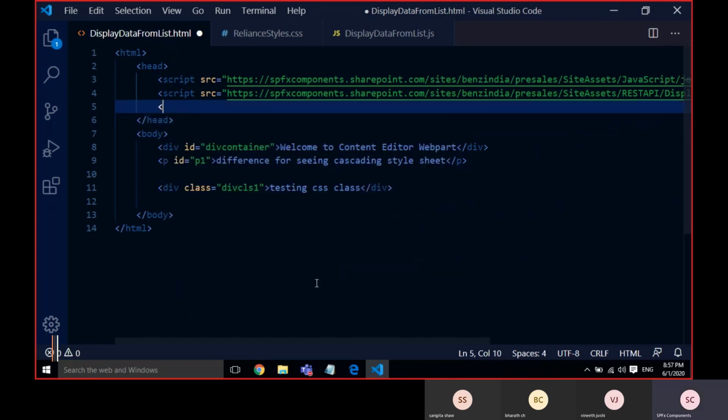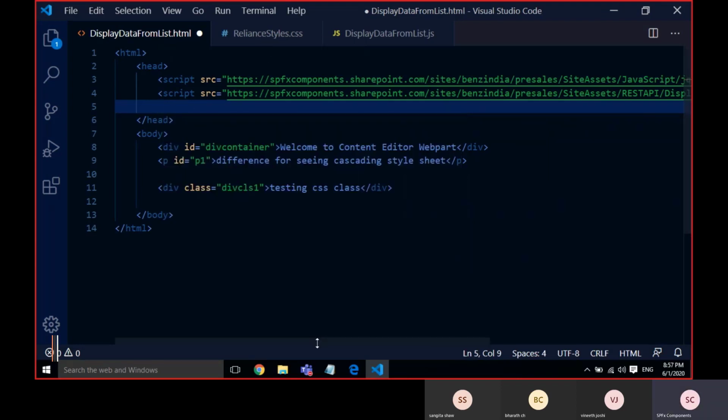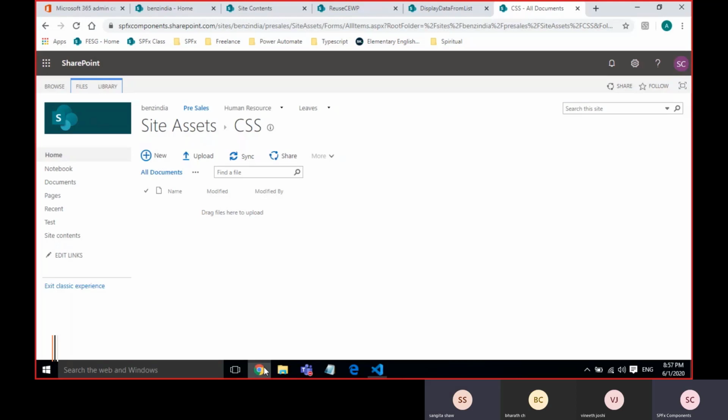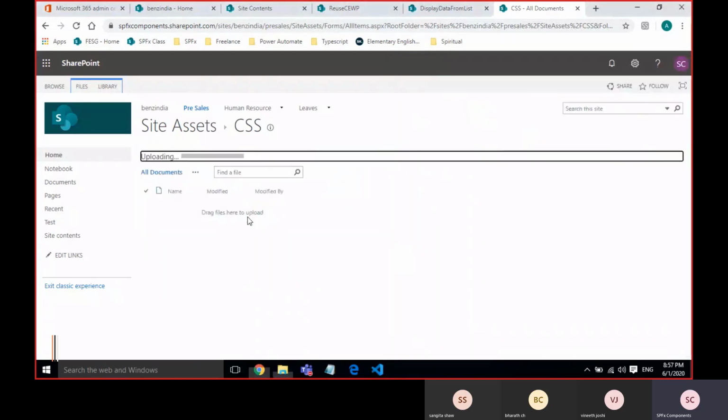Okay, so when my CSS is ready, I just need to give the CSS reference in HTML. First I have to upload the CSS in my site assets. These are my styles I'm uploading here.